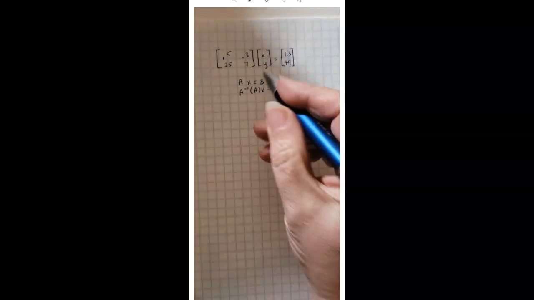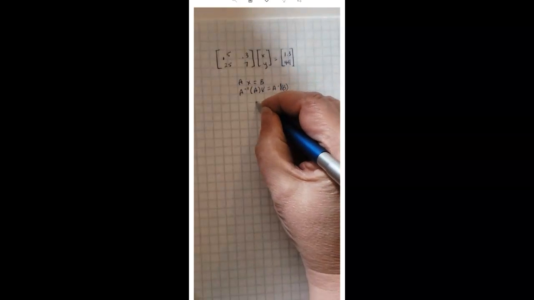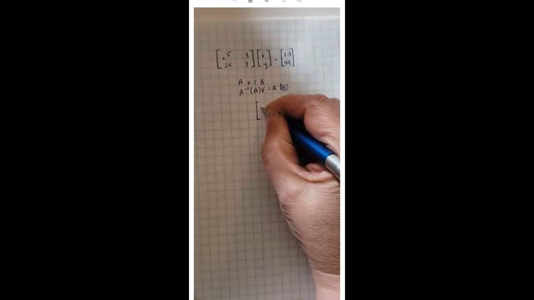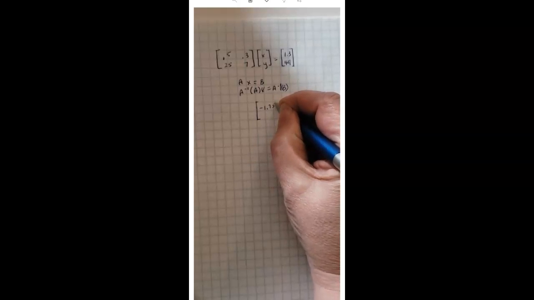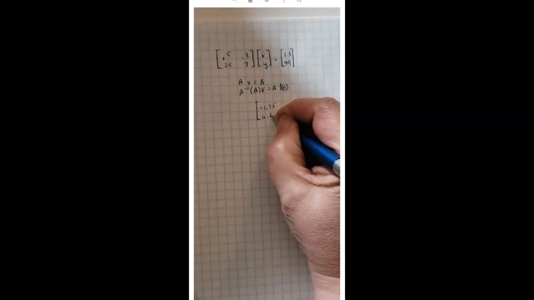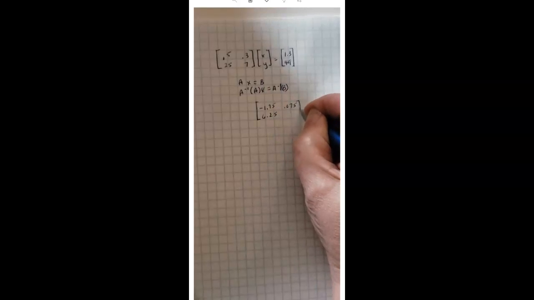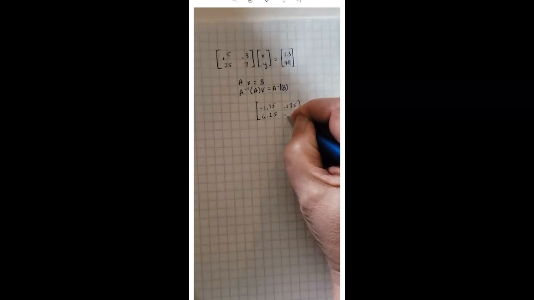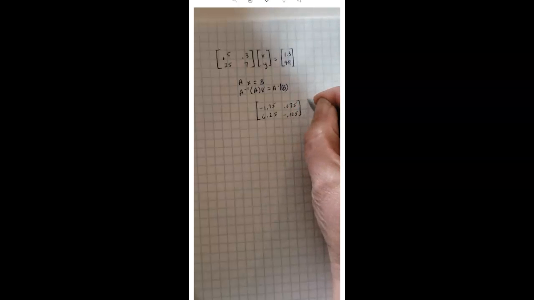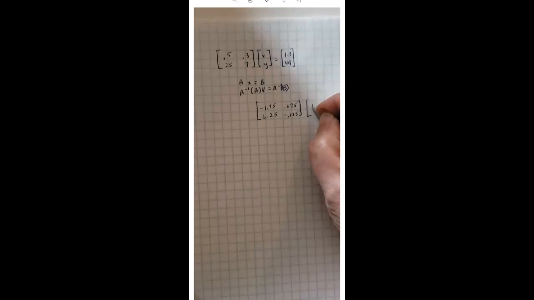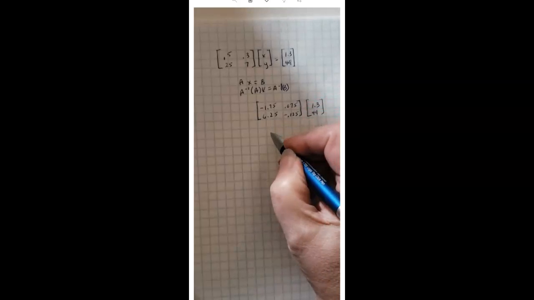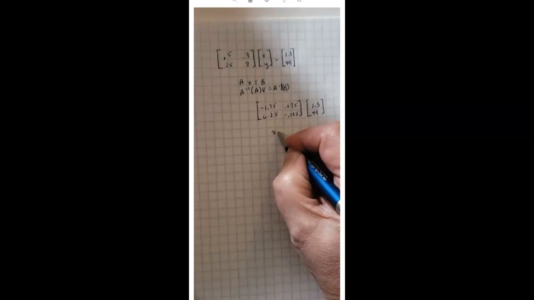So if I multiply the matrix inverse, negative 1.75, 6.25, 0.075 there, and negative 0.125, times the matrix 1.3 and 49, then I end up with the solution that X,